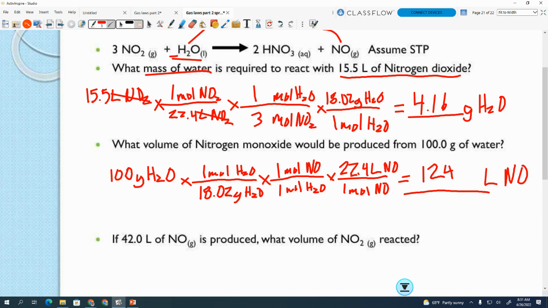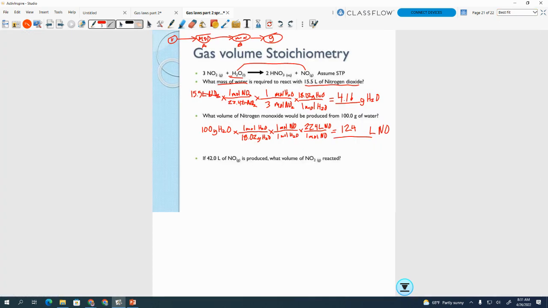All right, and now the last one. I'm going to do this so that I can see it all on there. On the last one, and I know it's probably hard for you to read from the back, it says if 42 liters of nitrogen monoxide is produced, what volume of NO2 reacted? For this one, I'm just going to show you conceptually. If 42 liters of NO, nitrogen monoxide, reacted,